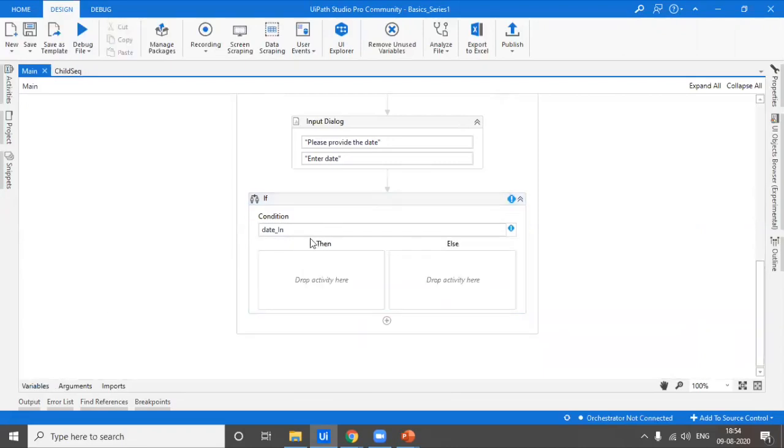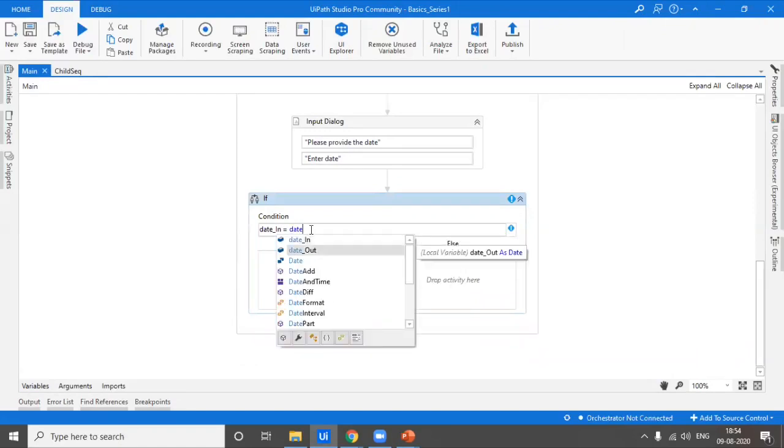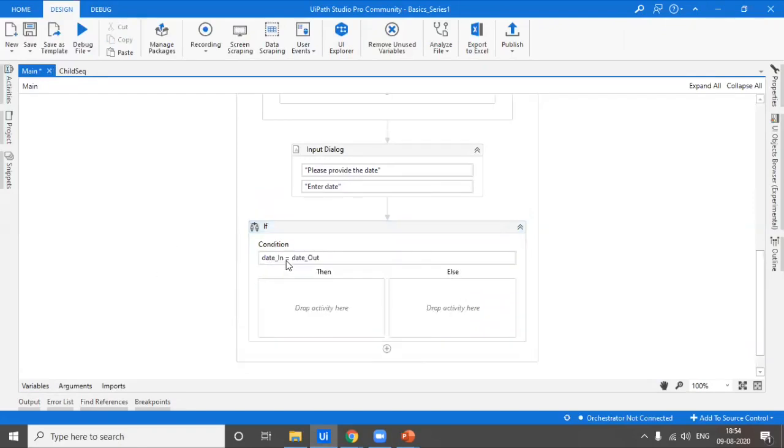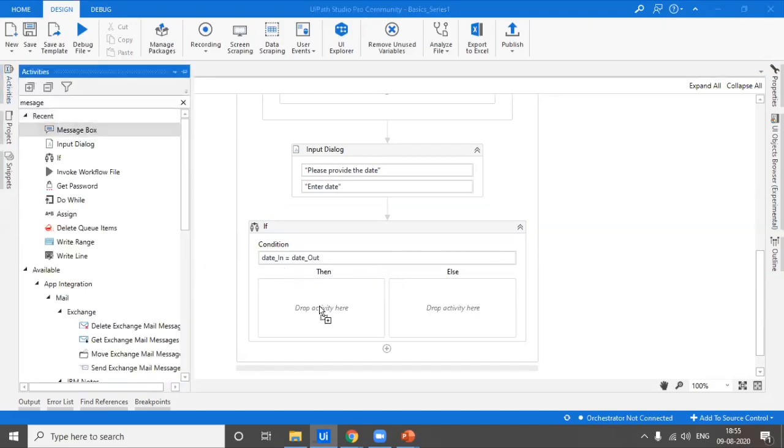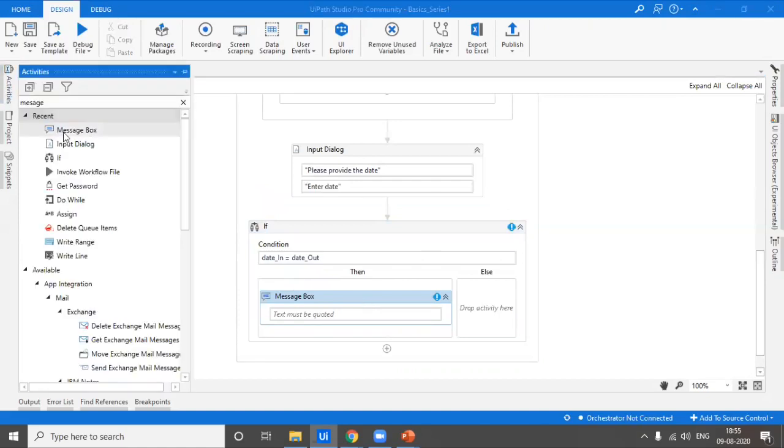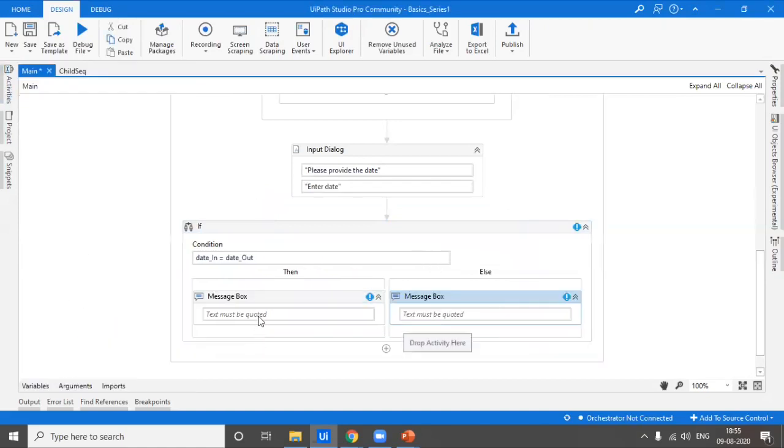And now I will be giving the condition: if date in, that means whatever the user has given as an input, is equal to whatever the value I have provided. If these both are equal, I will print using a message box as happy birthday. If not,